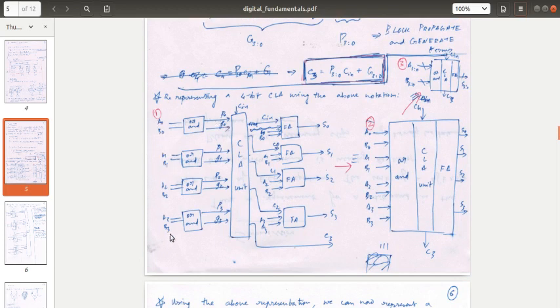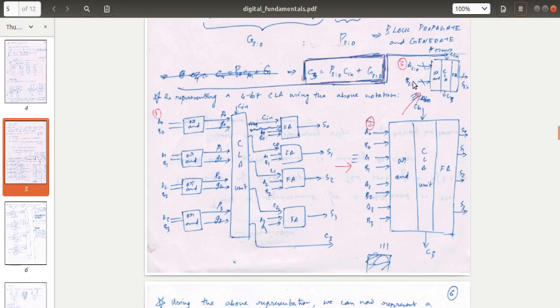From these A's and B's, we are finding the generate and propagate terms for each part of the block. Then using that we are finding the carries. And the last one. So this much part we are using as a shorthand, and we are combining the representation. This is the OR and AND block, this CLA unit is this part, and the final full adder part is this one. And even this generation we can again shorten into this much,